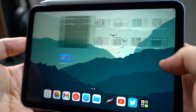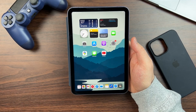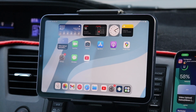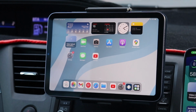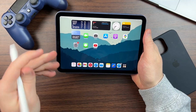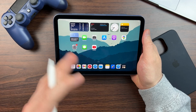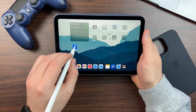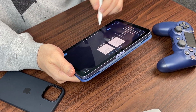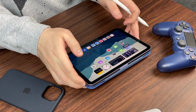And I mainly use it indoors. I have a whole dedicated video of how I use this as my car's infotainment system, but like I said, that's a whole dedicated video. But other than that, I'm using this especially right now throughout the semester for taking notes, and it's been an absolute breeze. Anything from taking my notes of principles of management to accounting, I'm able to just write everything with